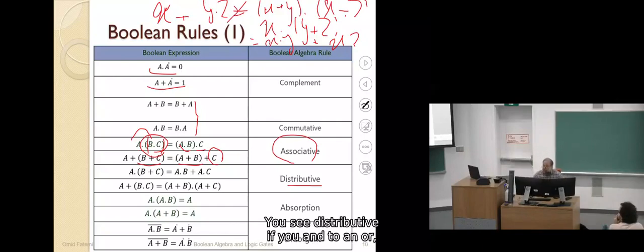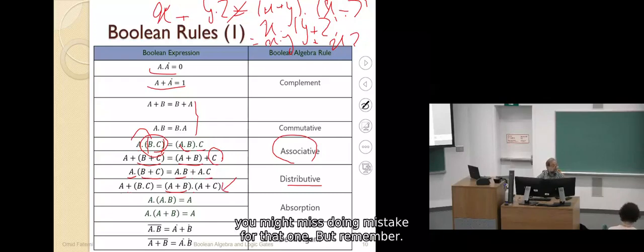You see, distributive: if you AND to an OR, then it distributes to both of them. So it becomes A times B plus A times C. And the same for ORing with an AND: A plus BC is A plus B and with A plus C. We don't have this in arithmetic, so you might make a mistake with that one. But remember,